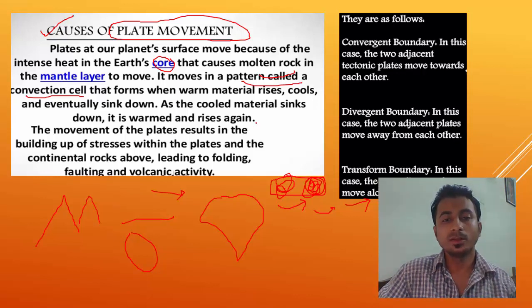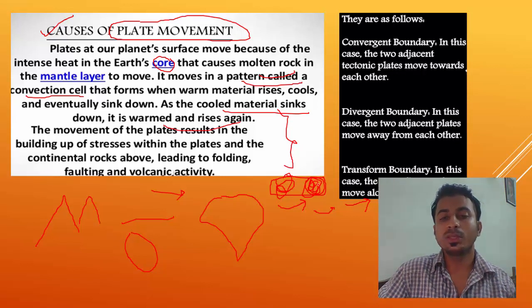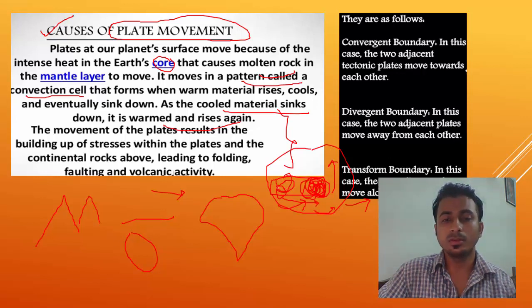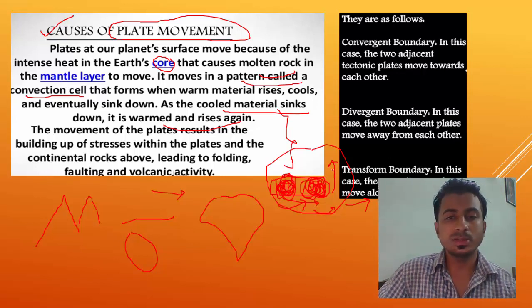Okay, so whatever I have told you, they have written here: cooled material sinks and warmed material rises. So this lava, which is molten, is warm, and warm things rise. You must have learned that warm air rises up and cool air sinks down. That's why rain occurs. So the same phenomenon occurs here also. So this molten lava which is hot moves up and its space is taken by the molten rocks which become molten in due course of time. So in this way convection cells are formed.